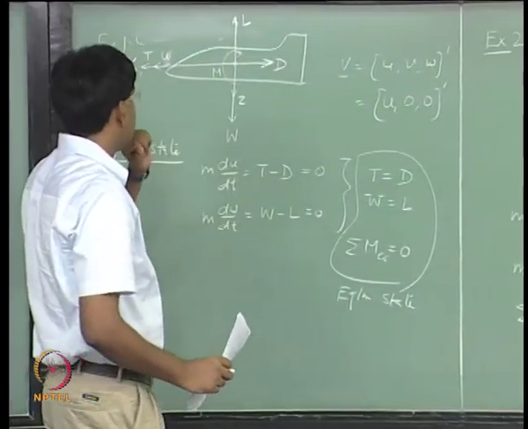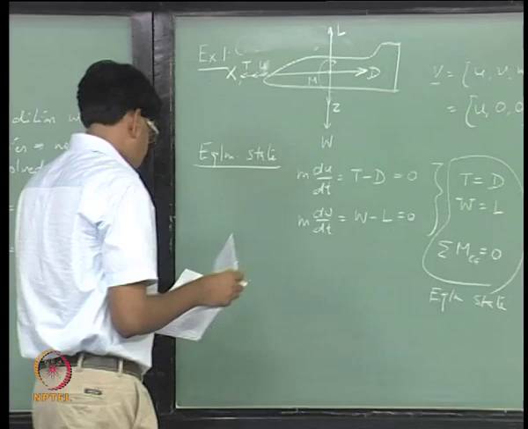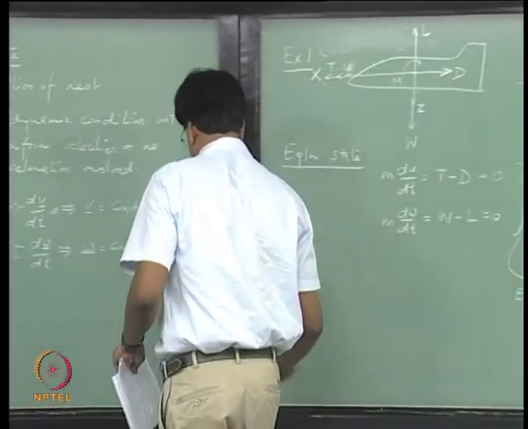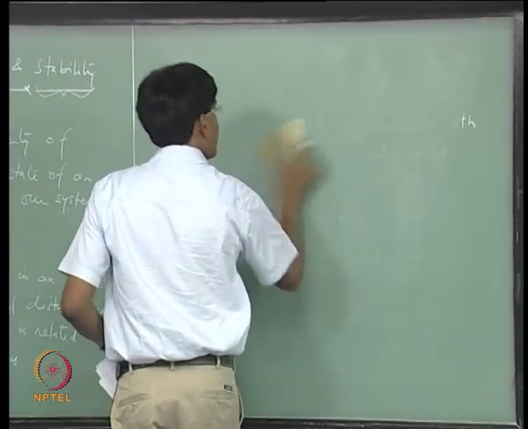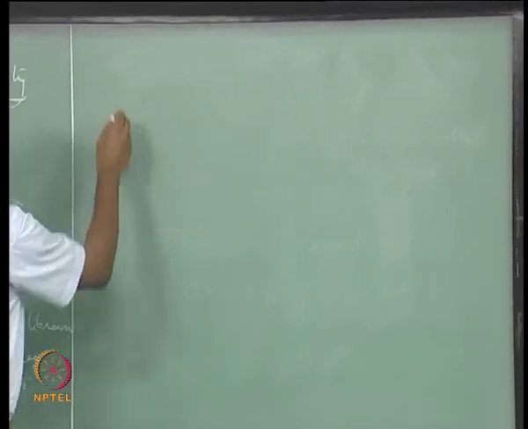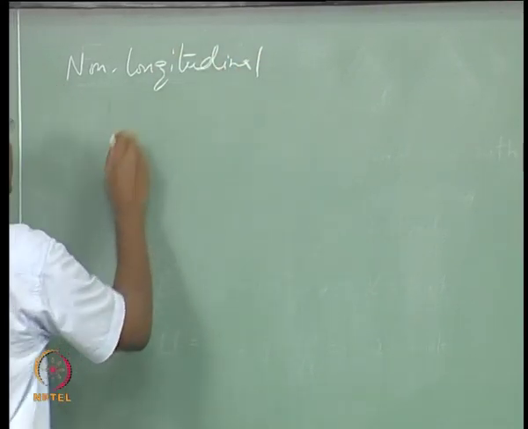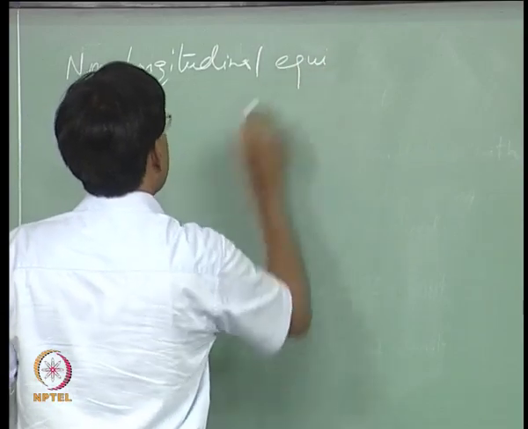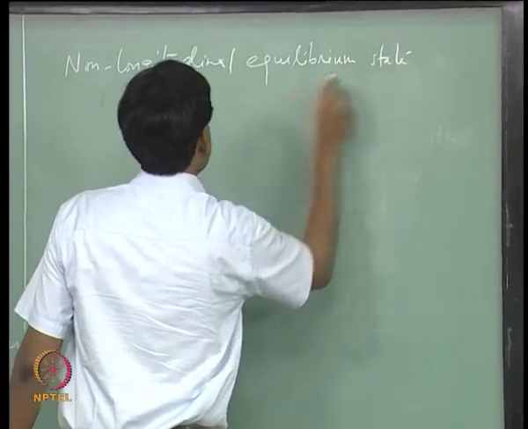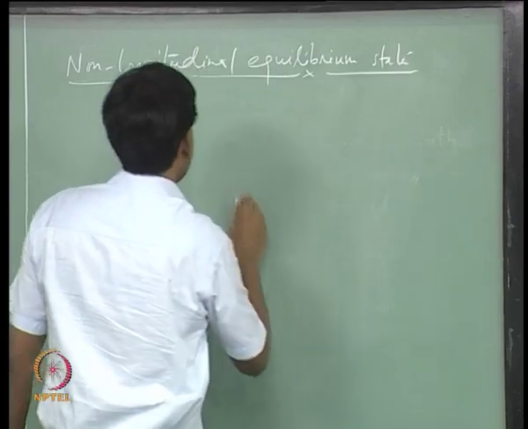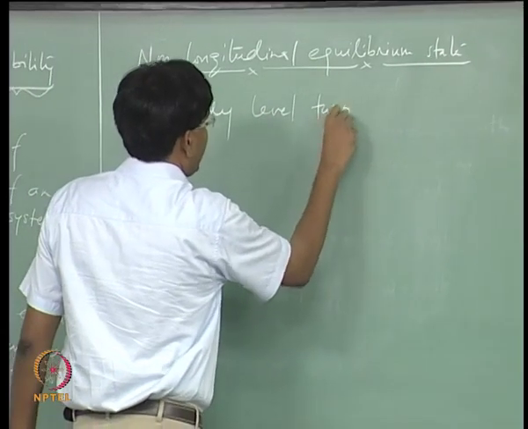These three equations define the equilibrium state in level cruise condition, and if you want to look at any non longitudinal equilibrium state, it can be, for example, a steady level turn